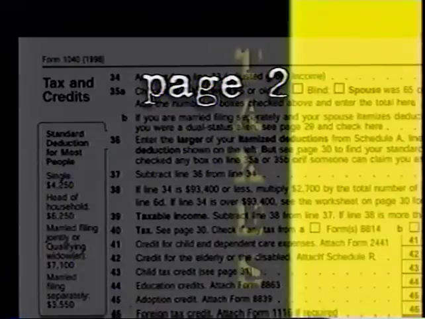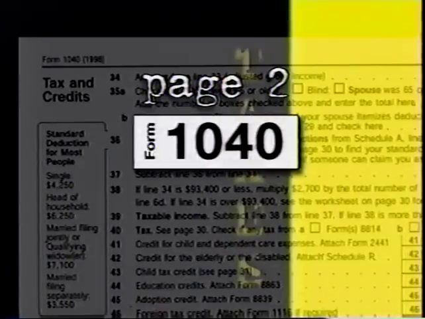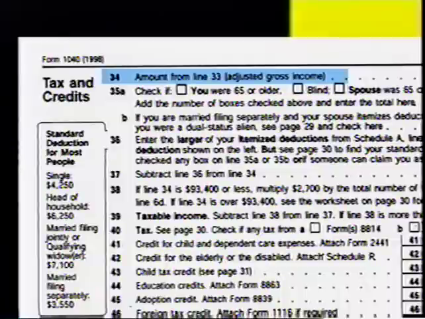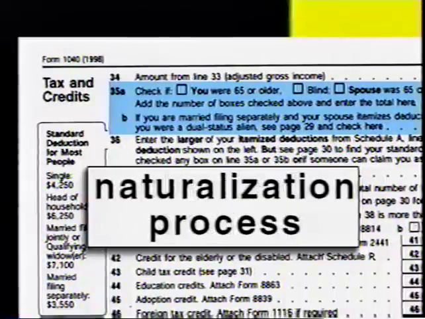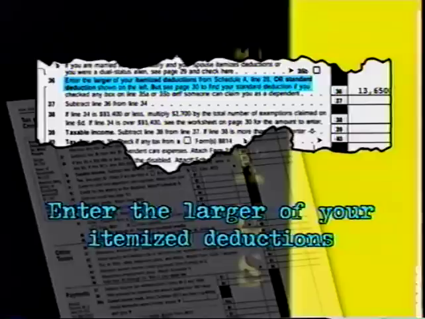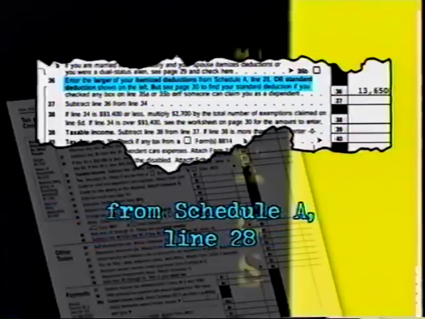We're at the beginning of page 2 of Form 1040. Line 34 is the adjusted gross income carried over from page 1. Line 35 is an age, physical handicap, or naturalization status question that doesn't apply to the Hendersons. Line 36 is what we just solved for in Schedule A, $13,650. Now, the directions for line 36 say, enter the larger of your itemized deductions from Schedule A, line 28,